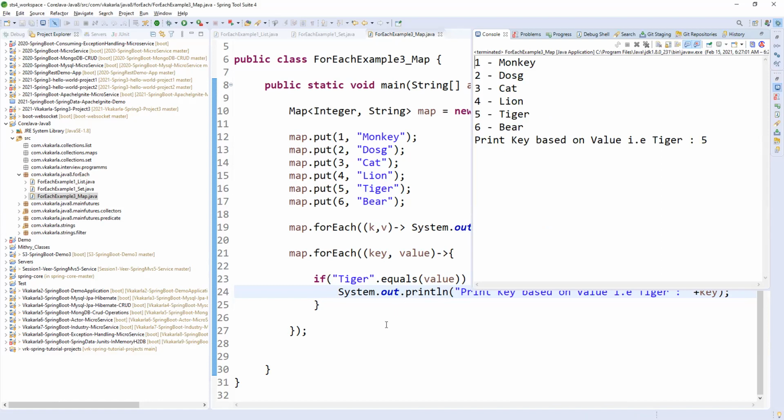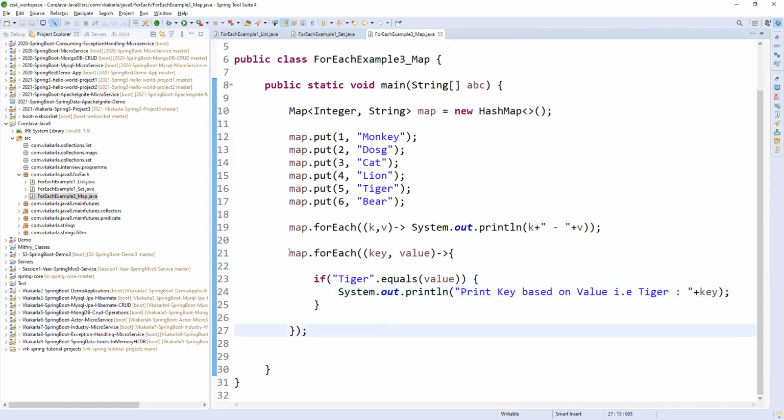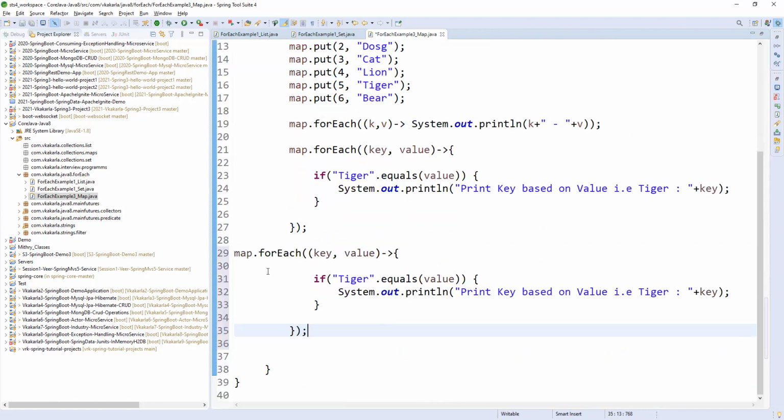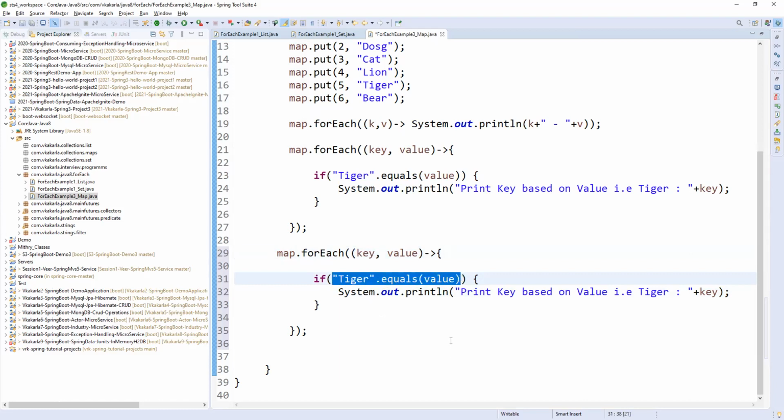And also vice versa. So if you want to print, key equals value also, you can print. So just I want to give key as an integer, right? So simply my key equals 3, then print value simply.